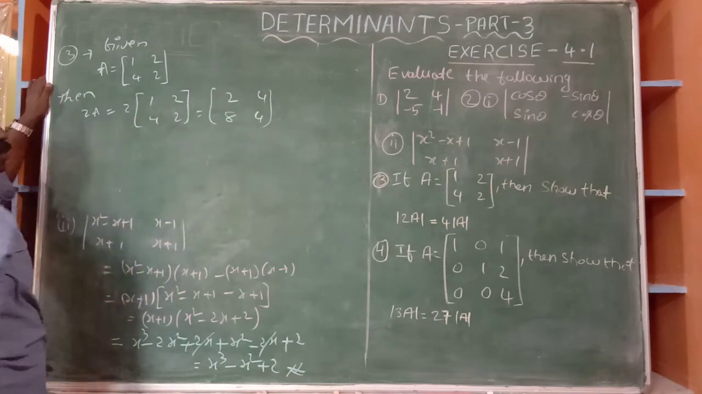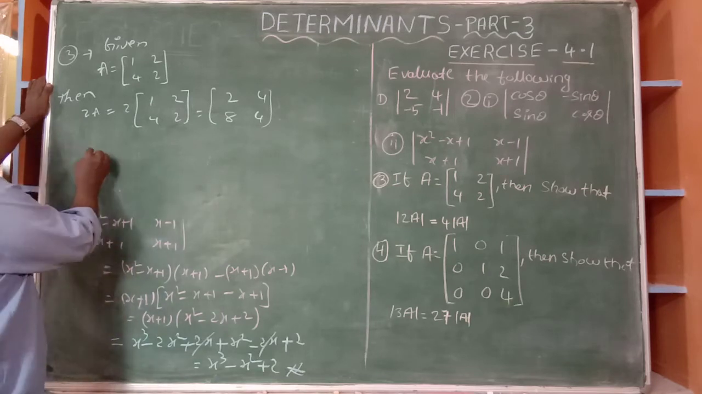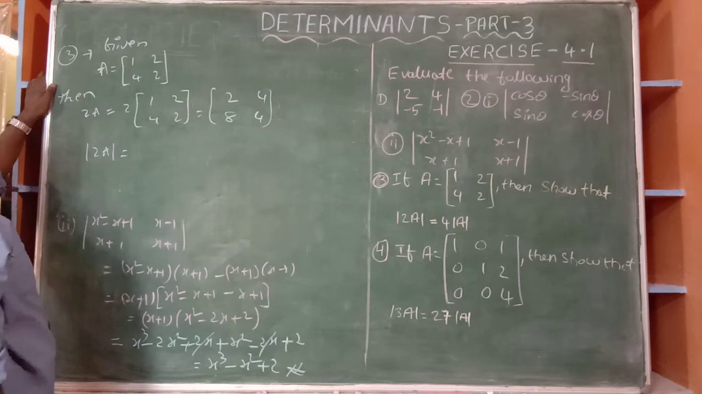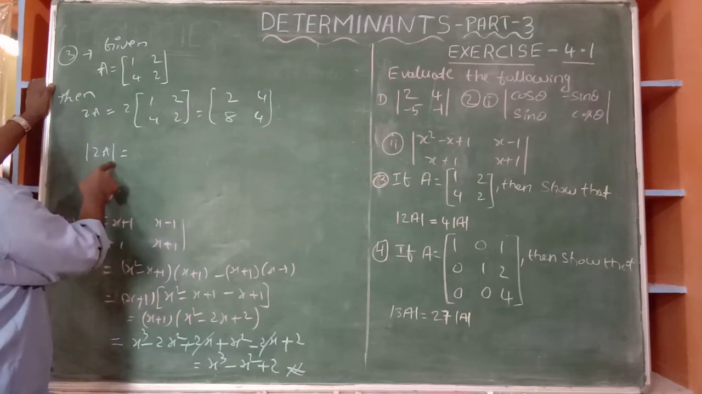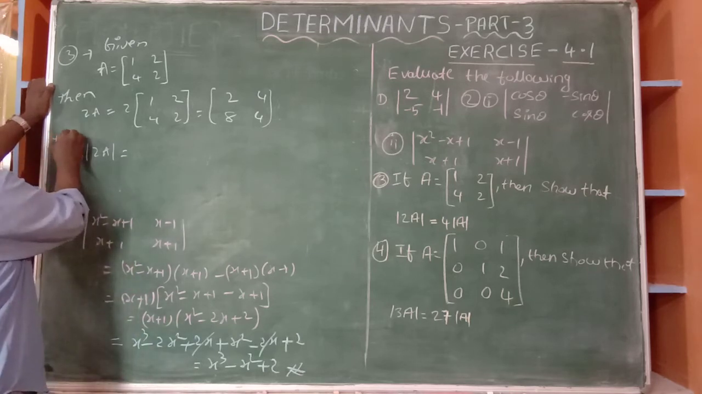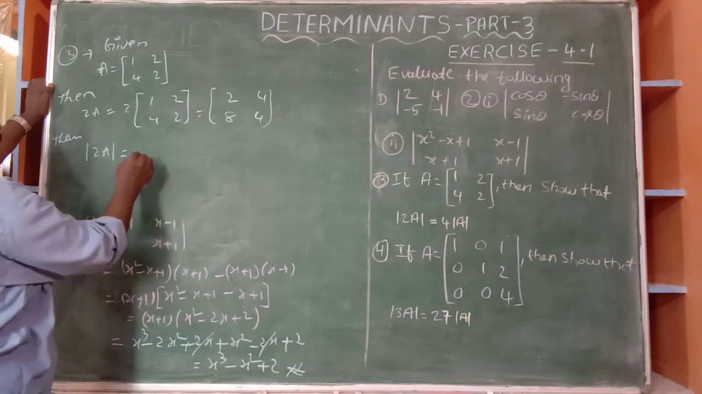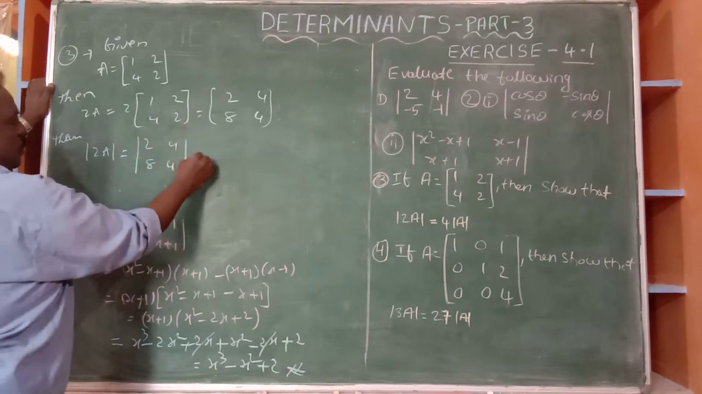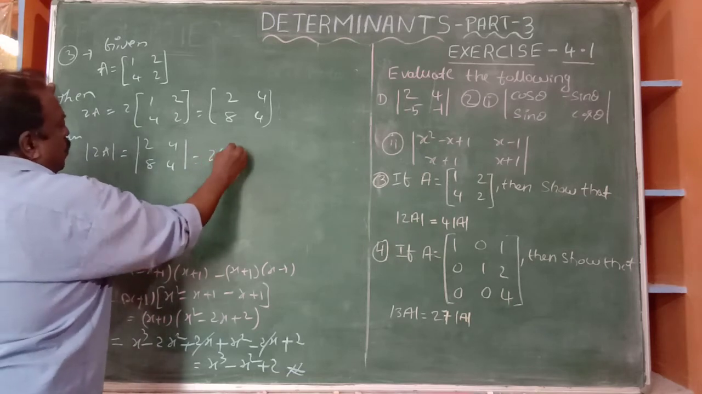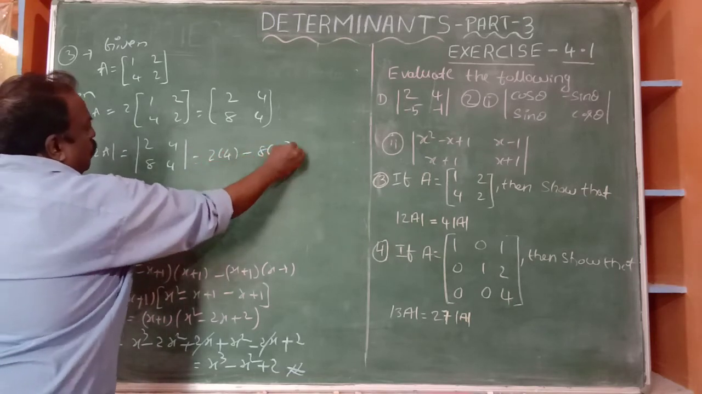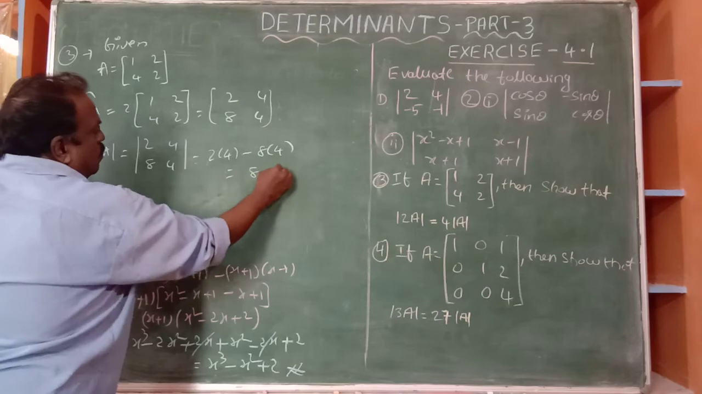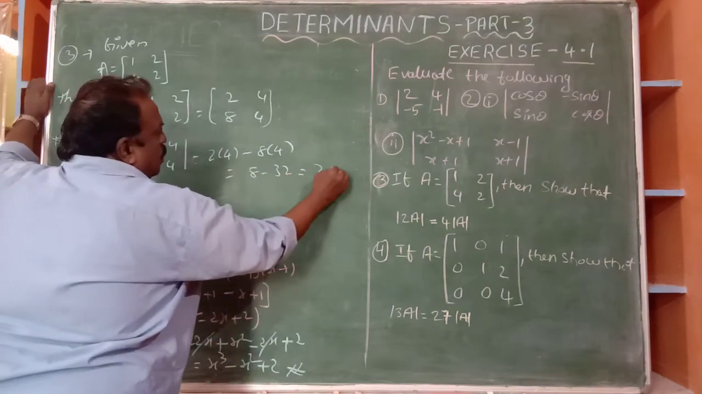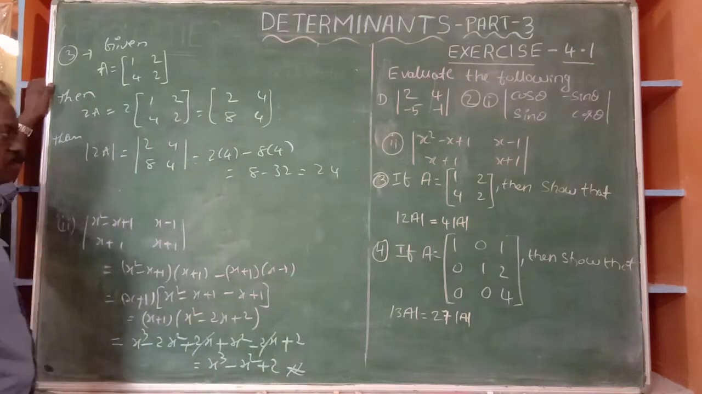We are multiplying with 2. Yeah, that is 2A. Then what is the determinant of 2A? It is det of [2, 4; 8, 4]. It is 2 into 4 minus 8 into 4. That is equal to 8 minus 32. How much? It is minus 24. Okay, now